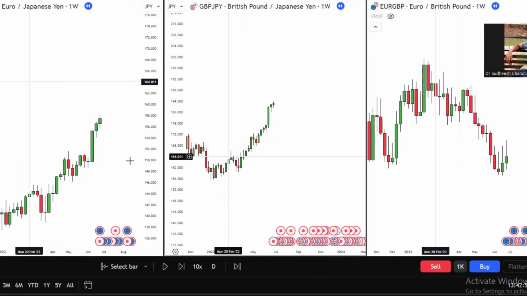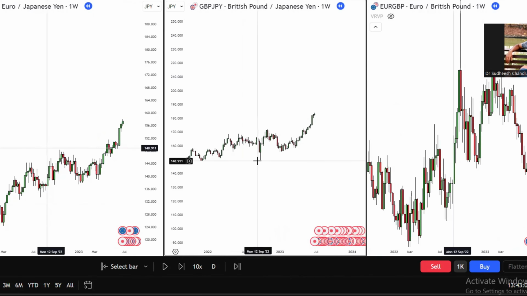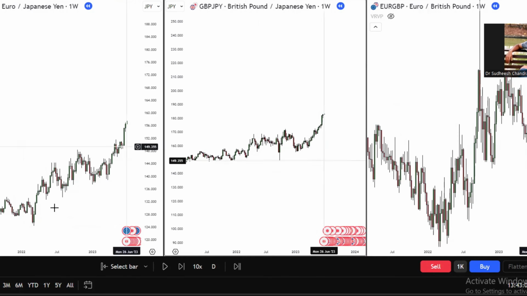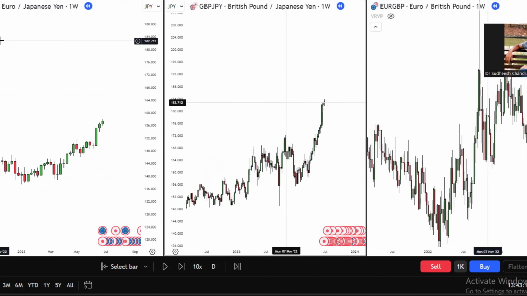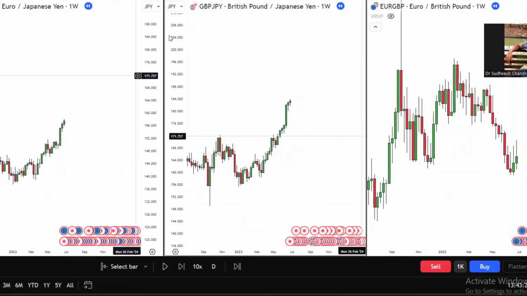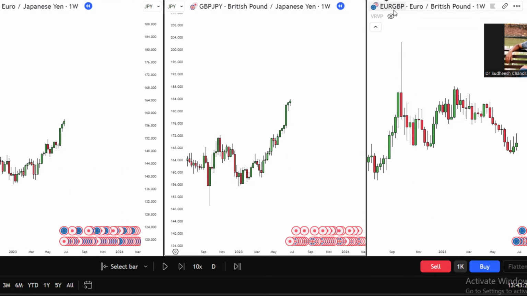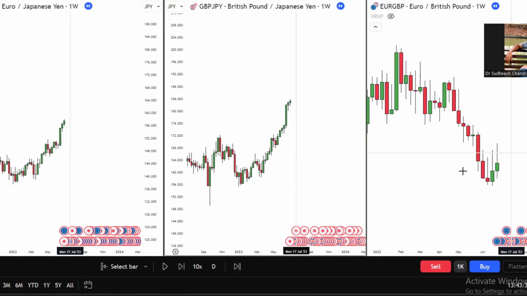So, for example, right, as I always say, you have to consider the overall market structure. Looking at this, we could clearly see that here Euro GBP is bullish, right? And if Euro GBP is bullish, definitely Euro JPY, right, is bullish. Definitely British pound yen is also going to be bullish because they are correlated, right? So now that we know that this market structure is bullish, we have to perform our relative strength analysis, right? We have to get to know the bias of Euro GBP, right? To know which one to buy. You get it? And we could clearly see that here price is targeting